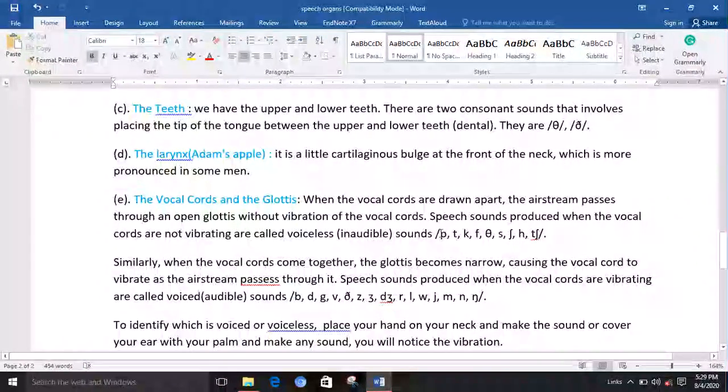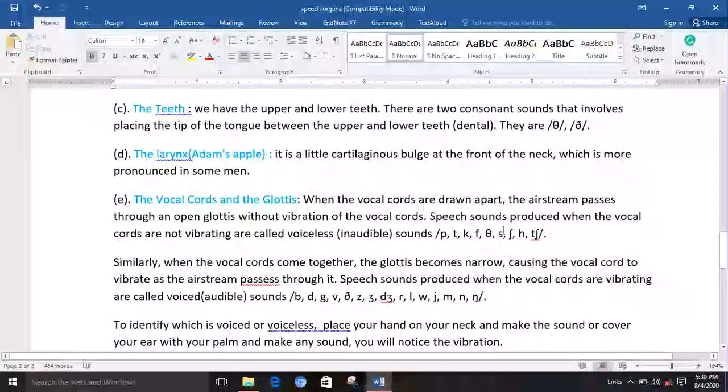We have these voiceless sounds in P as in pit, T as in teeth, K as in kid, F as in food,